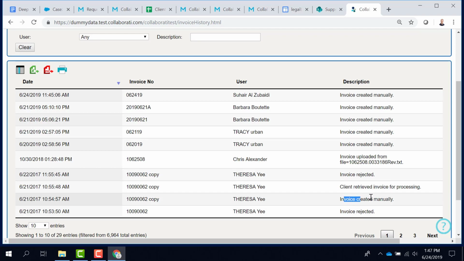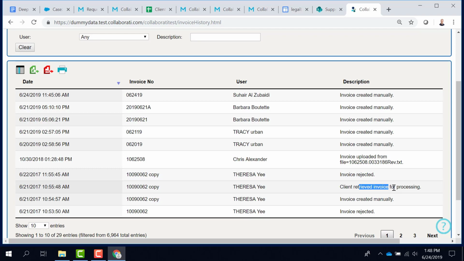Now, likely if it was created manually and then the client retrieved it and then it was rejected, that's going to indicate that the client rejected it after it came into the system, so we call that a manual rejection. Sometimes the invoice will be created or uploaded and then the next event history would show invoice rejected. And because it's not going to the client retrieved invoice for processing, then we know that it was rejected